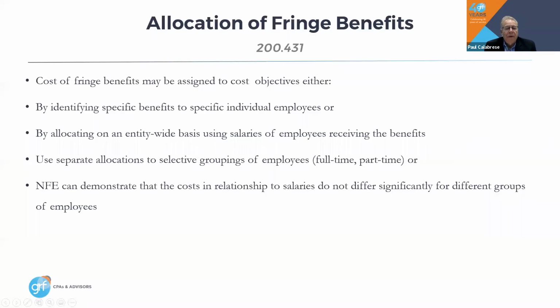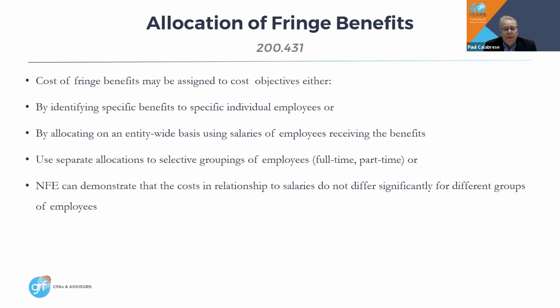So you would think that assigning it... and first of all, let's just take a step back here. This is a depends kind of statement by the uniform guidance. So you have many different ways that you can allocate. You could do it individually, like in the polling question, but there's no preference. You can allocate entity-wide or focus on different kinds of groups of fringe benefits.